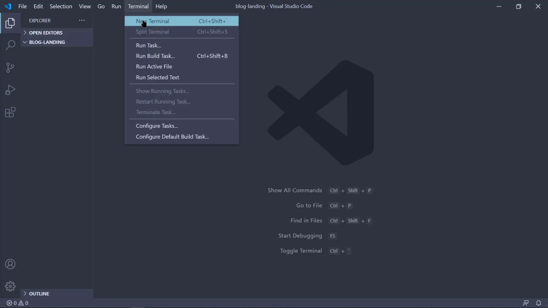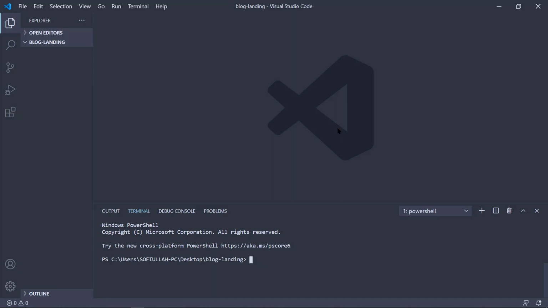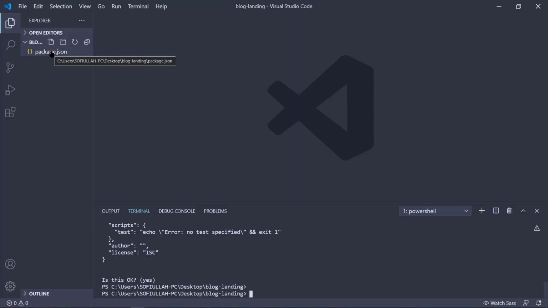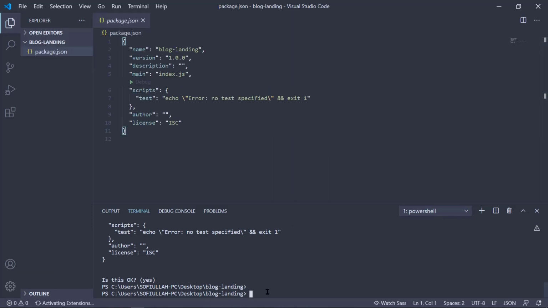So let's go to the terminal, and first we need to initiate the npm package manager. For that the command will be npm init, and now it will create a file for us here. Okay, now this has created a package.json here. There is no dependency. Now we are going to install Tailwind CSS into this project. So let's do that. npm install tailwindcss, and we also need to add autoprefixer,